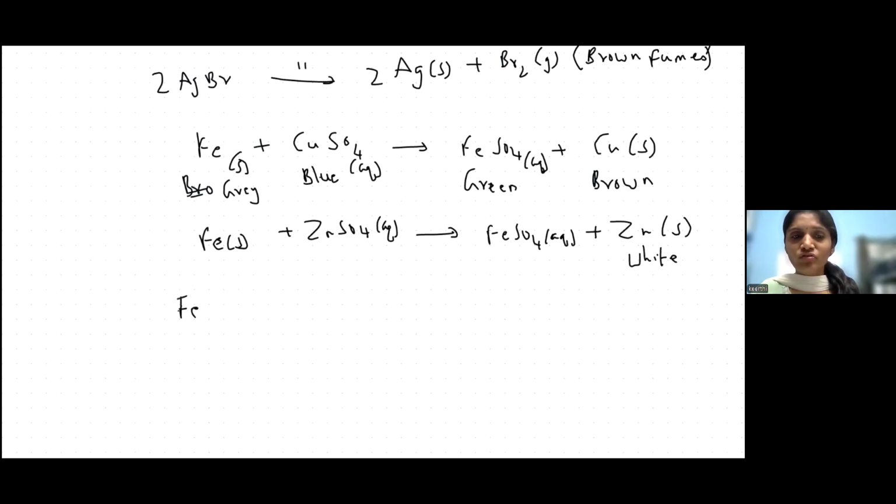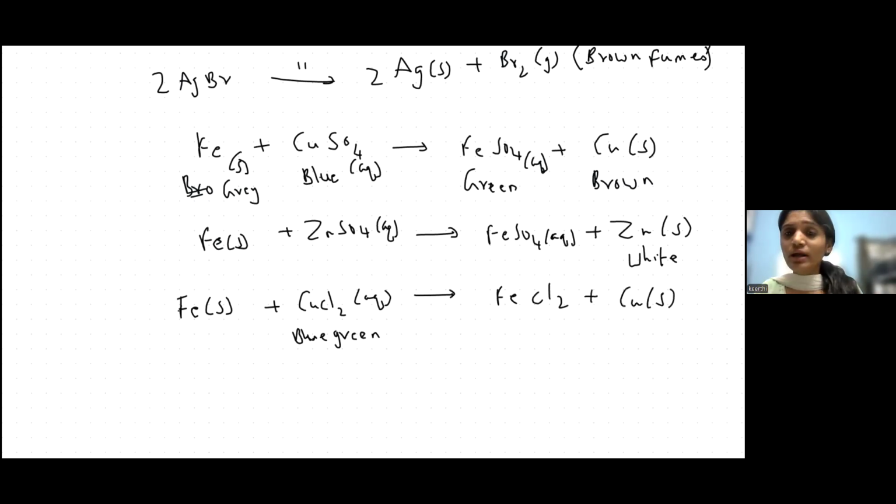Okay, FeS plus CuCl2. CuCl2 is a blue-green solution. Now, when this reaction happens, it will give what? FeCl2. Okay, FeCl2 from here, plus copper. Copper, as I already mentioned,